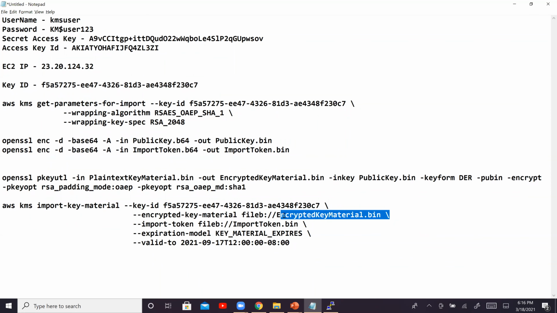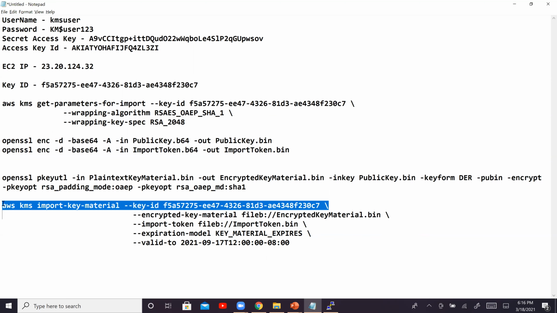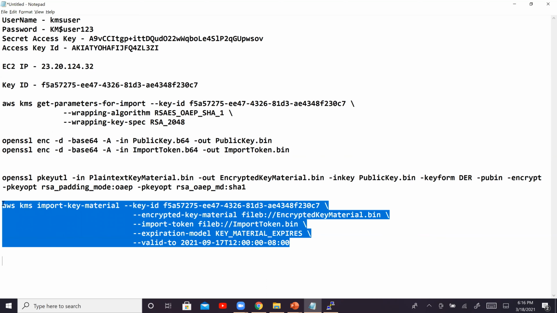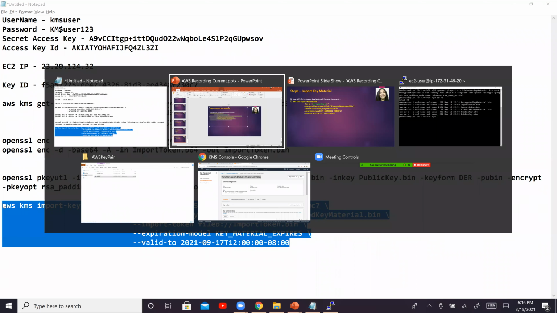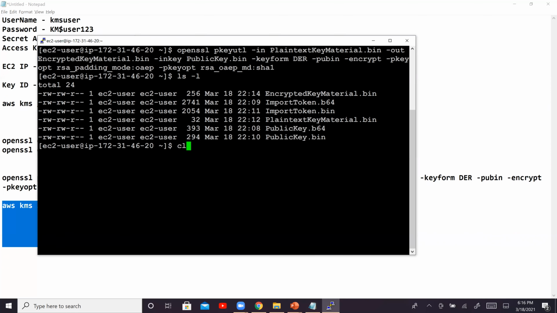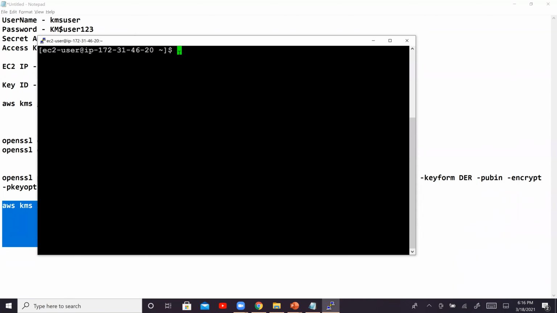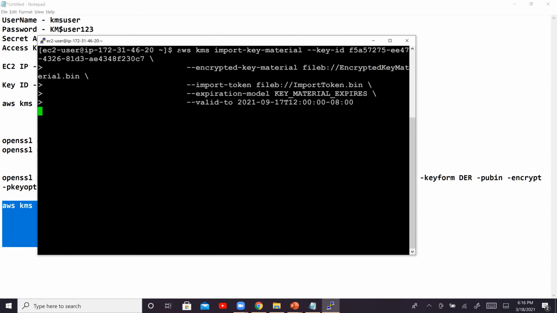This is your import token. And if you want, you can mention the expiration date. If you don't want to mention, then just say key material does not expire, right? So anyways, I'm just going to copy this and clear the screen, paste it right there. And our key material was imported successfully.